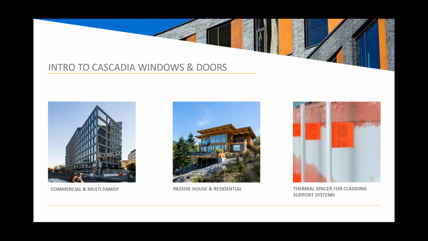We also manufacture a fiberglass thermally broken cladding attachment system called the Cascadia clip, and you can see the picture there on the right. So this Cascadia clip is made from fiberglass and thermally breaks the cladding attachment from the substrate that it's attached to and prevents heat loss through that cladding attachment. So in conjunction with our windows, fiberglass frames, and Cascadia fiberglass clips, a very efficient material for energy efficiency on the building envelope.